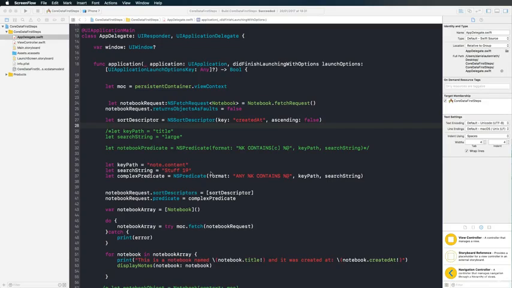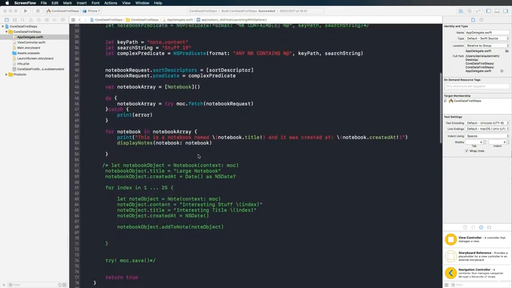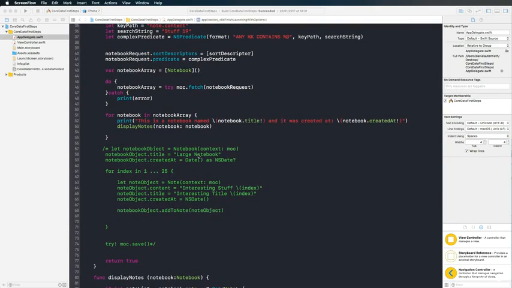Until now, we have only worked in app delegate. We have created some notebooks, we have used the managed object context, we have also used one-to-many relationships, we retrieved data from the database, displaying it in the console. But now it's time to bring that to the next level and also introduce a user interface for our CoreData